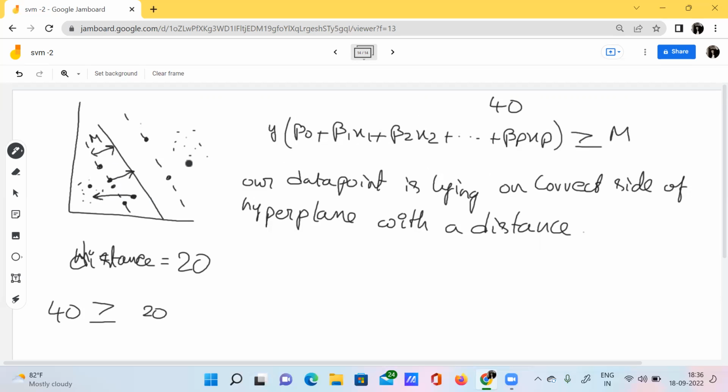For example, I have a new data point here. Can I say this data point belongs to this particular region? Yes, I can say. Why? Because this data point is away from this margin. If this data point is present here, I can't say with any amount of confidence, because I can't give assurance that it belongs to this class. Here I have the margin, so it should not cross the margin. That's the meaning of this equation. The greater than or equal to means the value of this expression should be greater than this margin, right? M is nothing but the margin here.